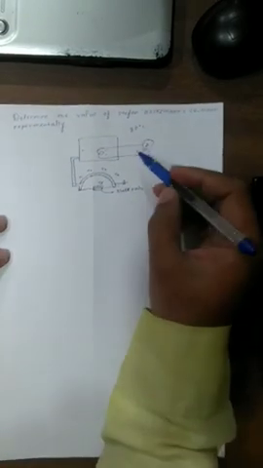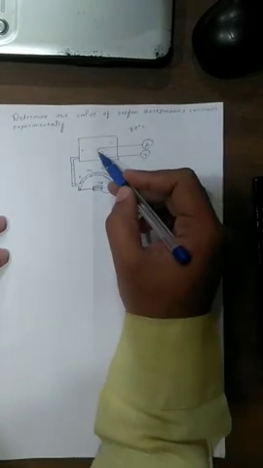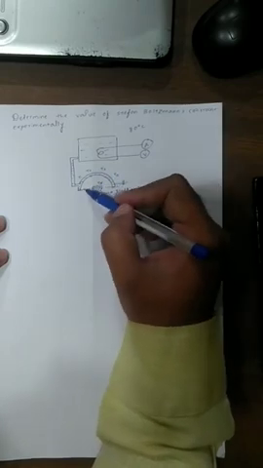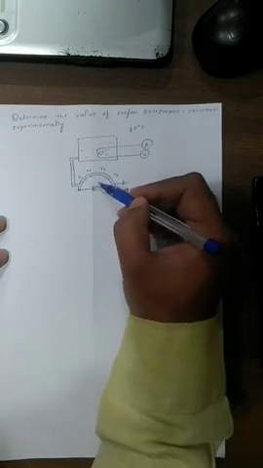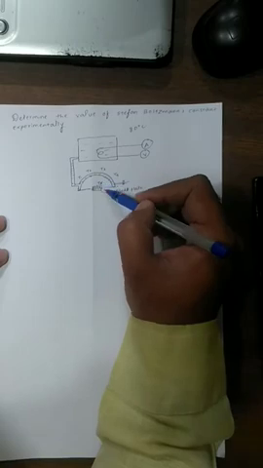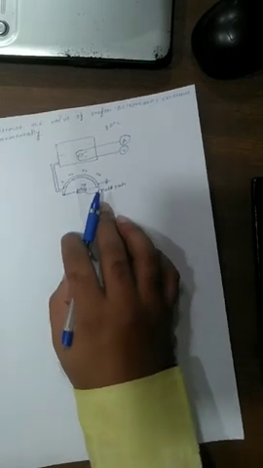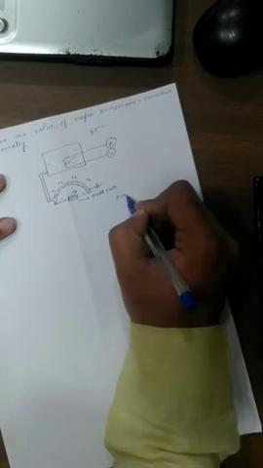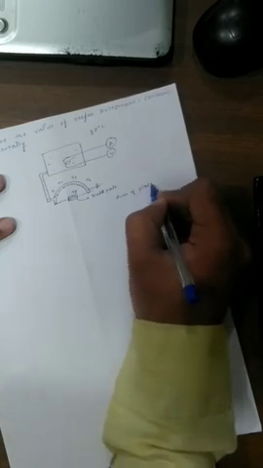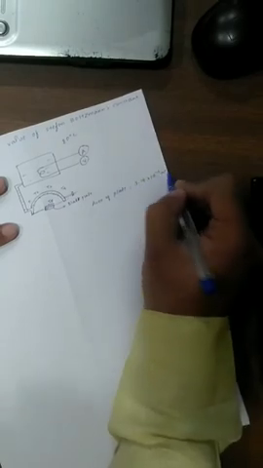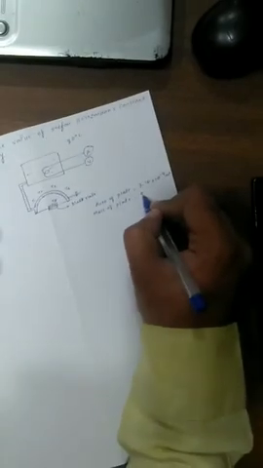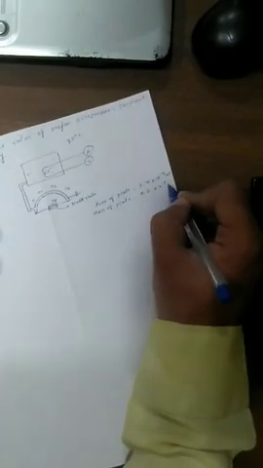So what is going to happen after we introduce hot water at 80 degrees centigrade in the hemispherical dome? The temperature of this surface is going to rise and it is going to emit some radiation. That radiation is going to be absorbed by this black plate. Now the area of the plate is already mentioned in the experiment. The area of this black plate is 3.14 into 10 raised to minus 4 meter square. The mass of the plate is 5.2 into 10 raised to minus 3 kg.